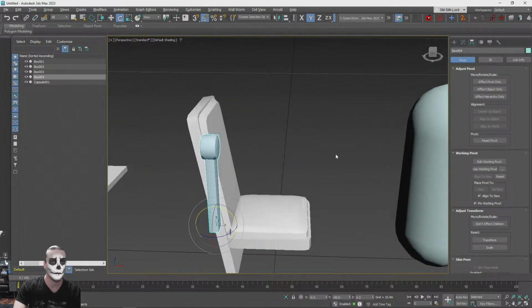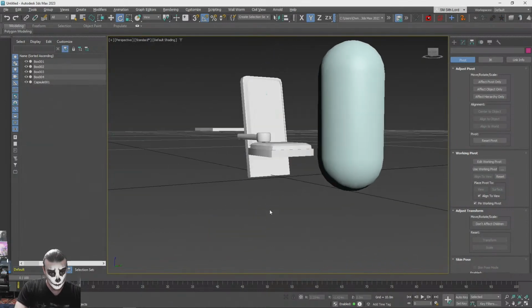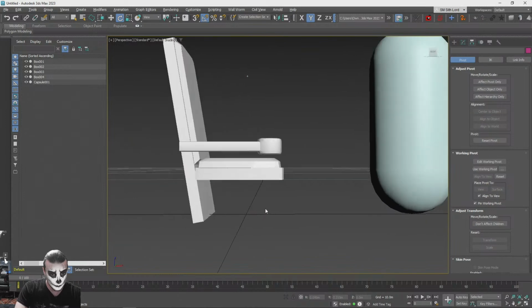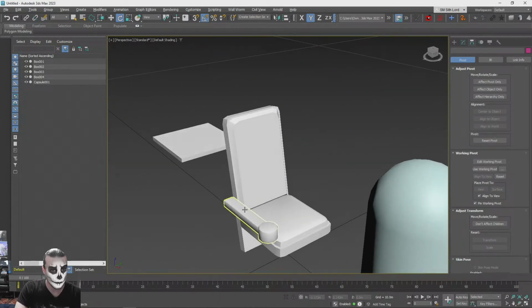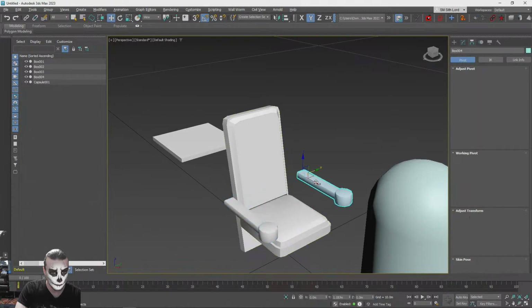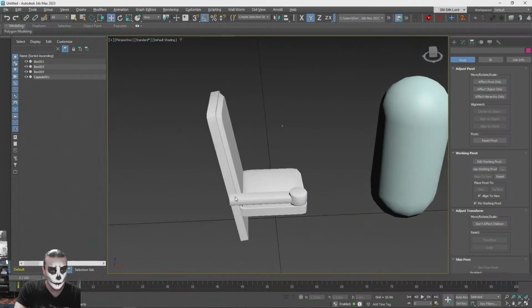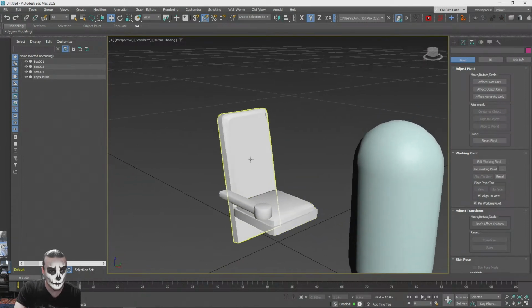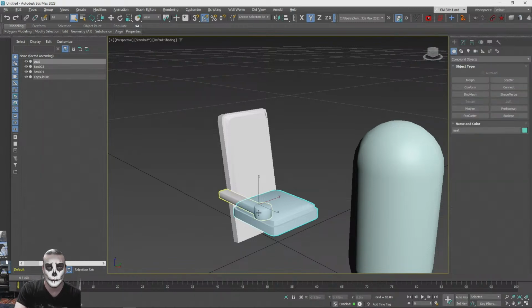I can close that much. And that's it. That's going to be our chair. Then this is going to be called seat, and